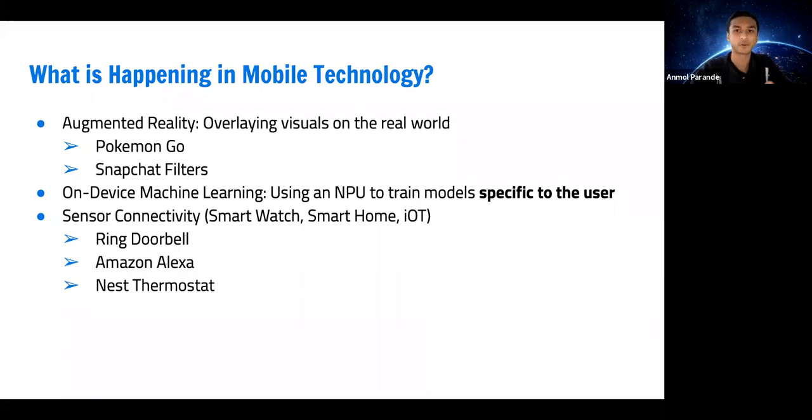I think Pokemon Go was one of the first real AR applications that really skyrocketed and went viral. And even though it was viral for a month or so and then kind of died down, there's still a lot of active users today who are still playing it. Snapchat filters have gotten better and better over time. And so